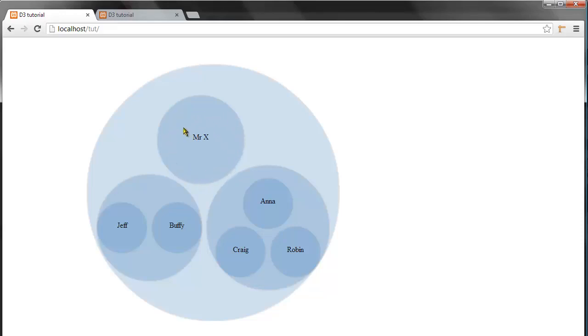let me put it this way. In the pack layout, the radius of the circles can be used in one of 2 ways. We can either use it to actually display some numeric value if we have some numbers in our data, or we can just use it to display the node depth. So the way